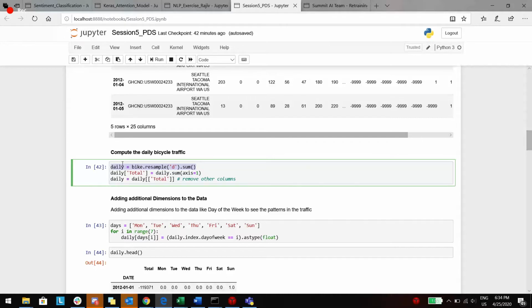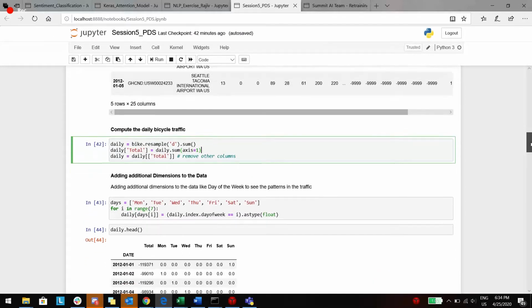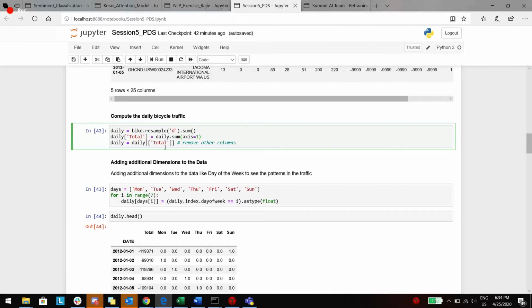Wherever the bicycle traffic is 0, that date will show up as 0, right? Now we are just trying to sum along the axis, that is axis equals 1, and we say daily means here it is the total. So we assign the data frame itself to that total value, and thereby we are also removing the other columns. Okay.